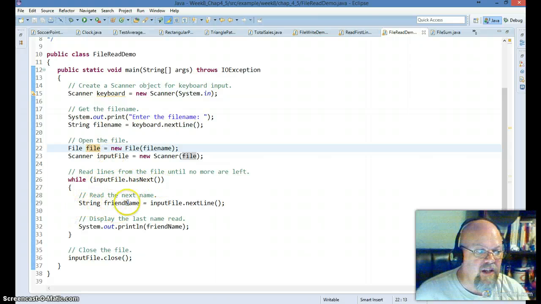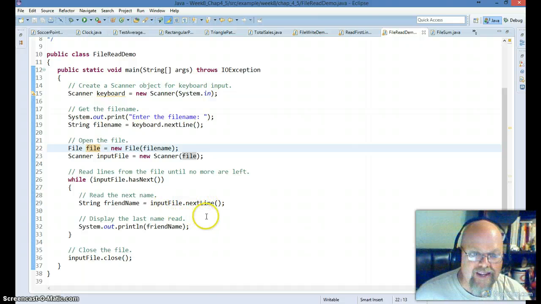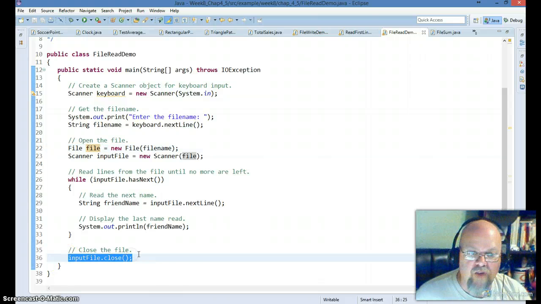I say String friendName equals inputFile.nextLine. So it's reading each line by line and sticking it into this variable called friendName, and then it goes ahead and does System.out.println of friendName. And again, when we're done with the file we have to make sure we close it. So if we go ahead and run this guy,